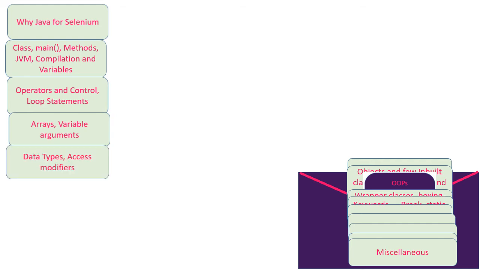The next video will discuss data types and access modifiers: what the different data types are and what the different access modifiers in Java are. And the next video is going to be on the collections framework in Java. Within this collections framework, we are going to discuss three parts. One is list collections, and collections is an interface implementation. In these interface implementations, we have the list classes or interfaces.